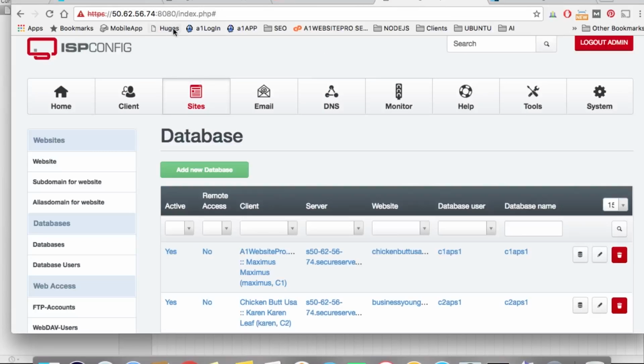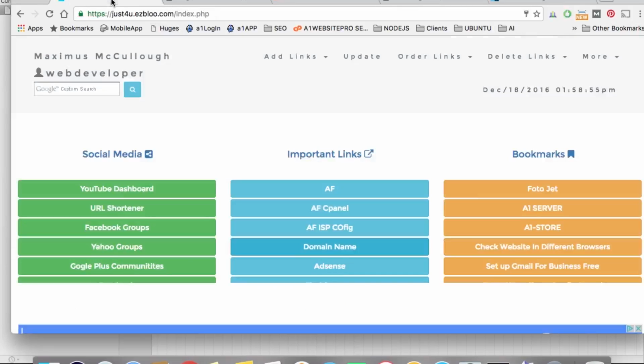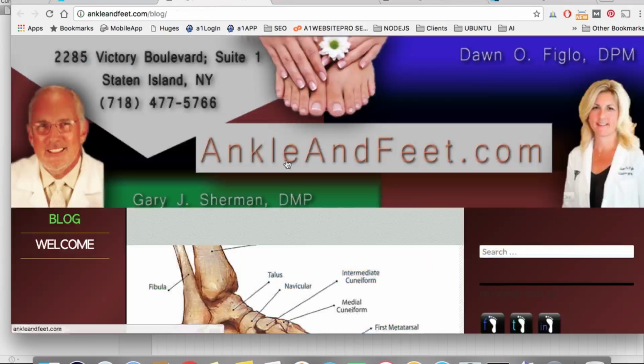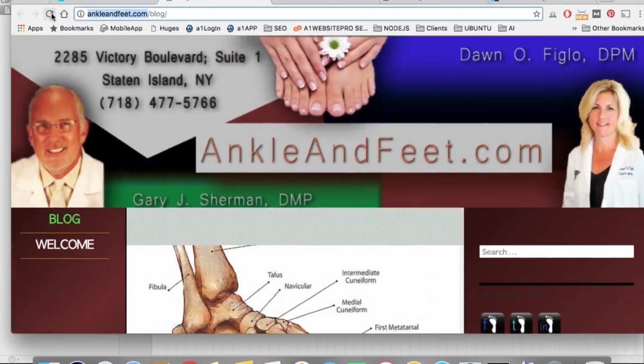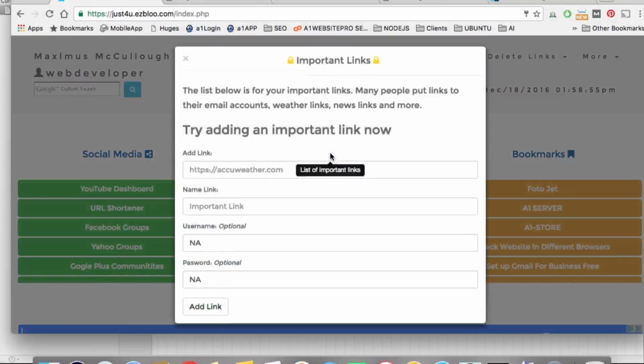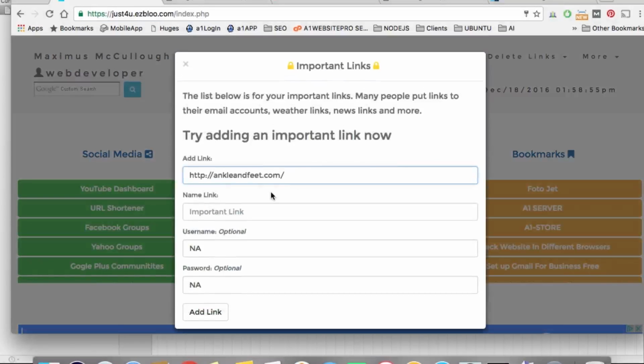One of the things that I do is I start out, I get all my links ready. I use justforyou.easyblue.com, and this is the website that we're going to be transferring, ankleandfeet.com, and we're going to be moving that over to ISPConfig from cPanel. So I'm going to go here to my important links. I'm going to add the link. We'll call it ankle and feet